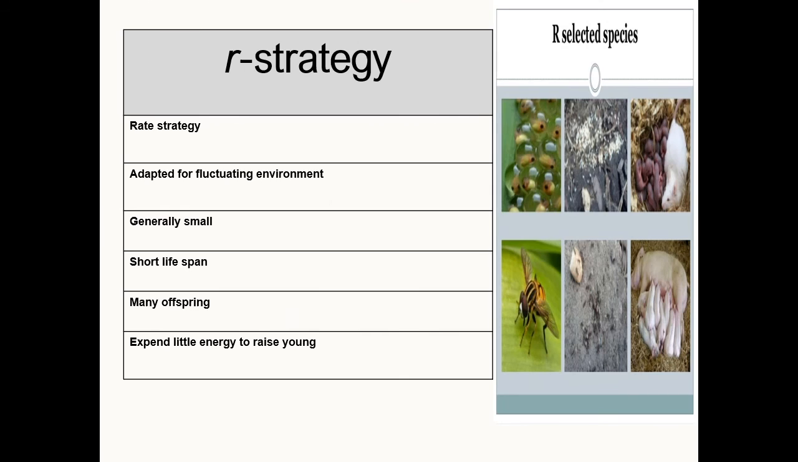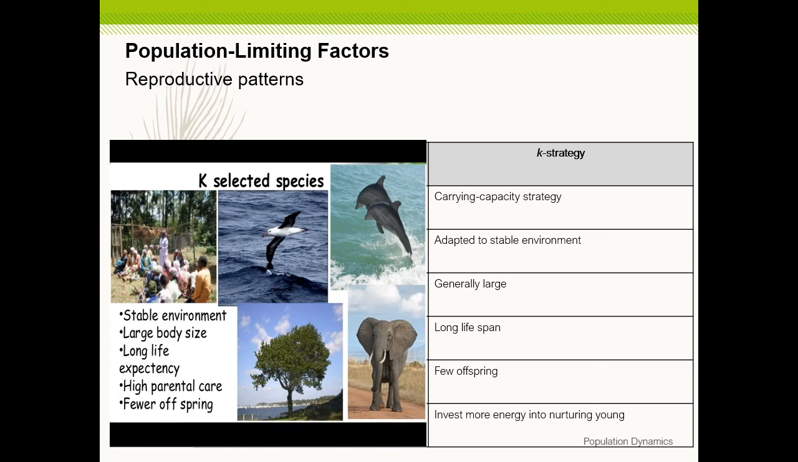So here we have a couple of pictures. See, we have insects and a couple of mammals, right? So what is the r strategy? Adapted for fluctuating environments, generally small, short lifespan, many offspring, and they spend little energy to raise their young. The K strategy, carrying capacity, adapted to stable environments, large, long lifespan, few offspring, and invest more energy in their young. And we can see here large bodies like elephants, we can see dolphins, and we can see the